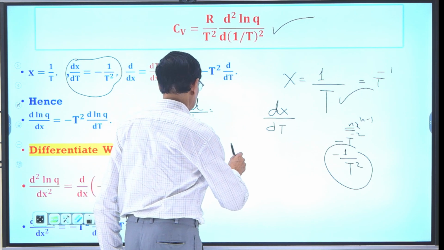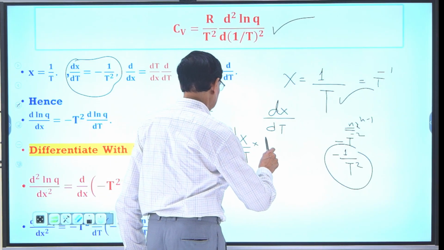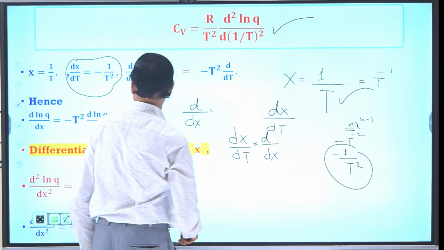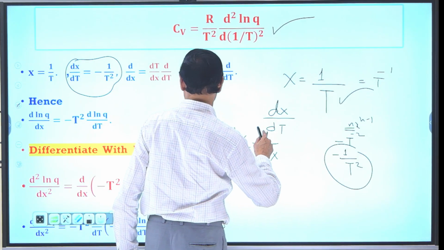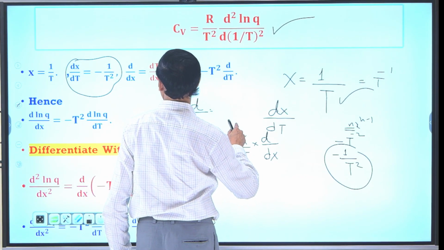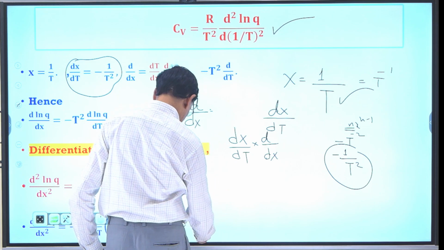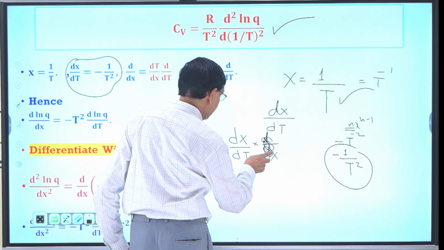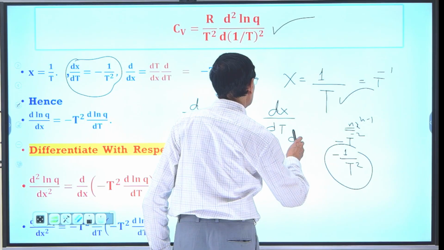For that, how could I write dx upon dt multiplied by d by dt, dx. So here you see that d by dt. I have to determine d by dx. It is actually dx by dt. So sorry, first, just remove it. D by dx. So I write here